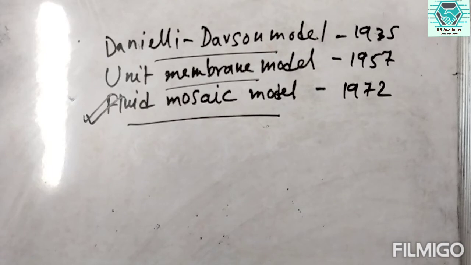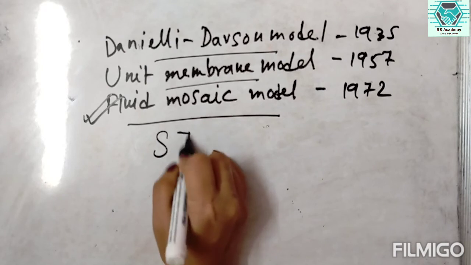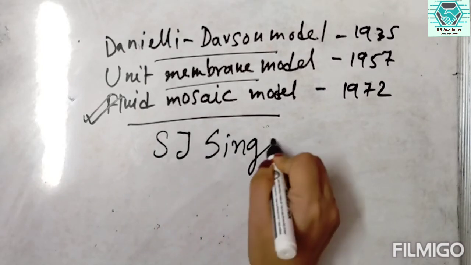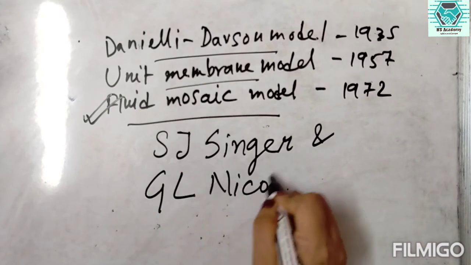and as it is the model of our body, of our cell, it has the fluidic nature. So this fluid mosaic model is much more established, and this is the cell membrane model which we have discussed. So the fluid mosaic model was proposed by S. J. Singer and G. L. Nicholson,